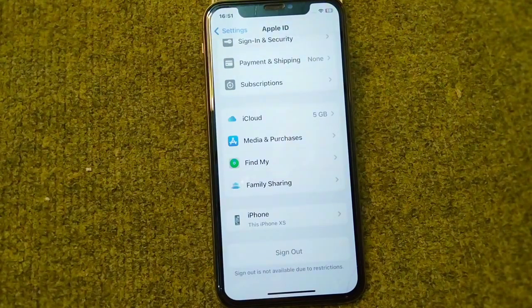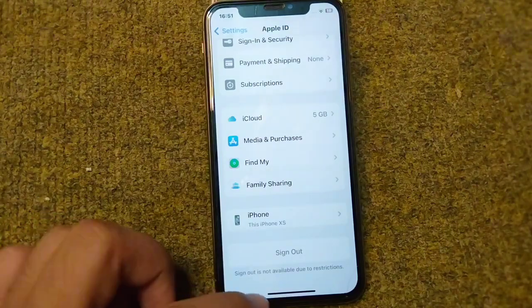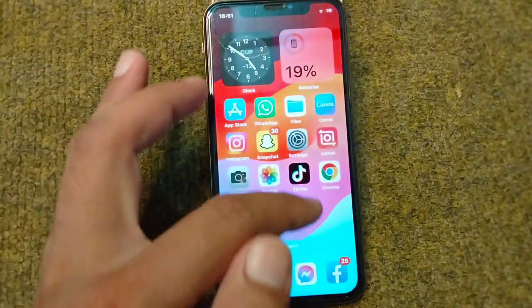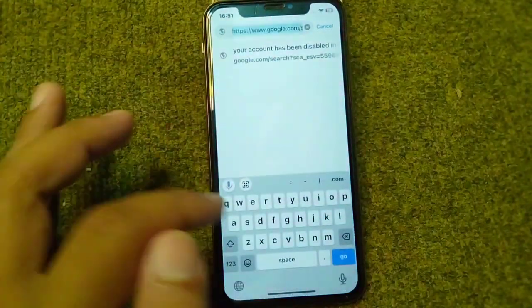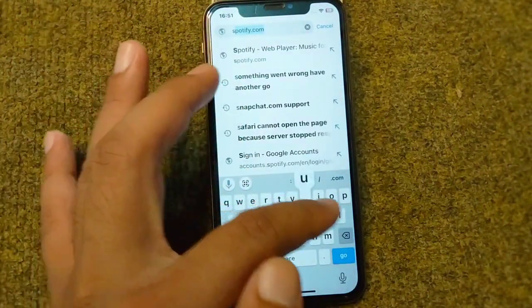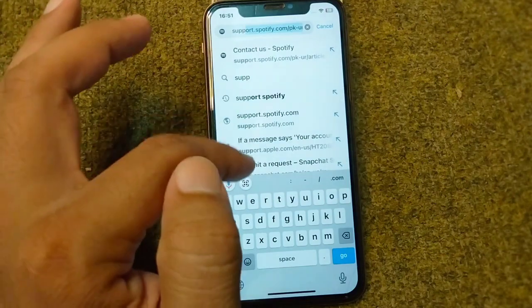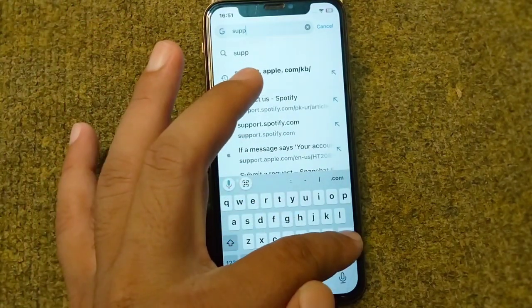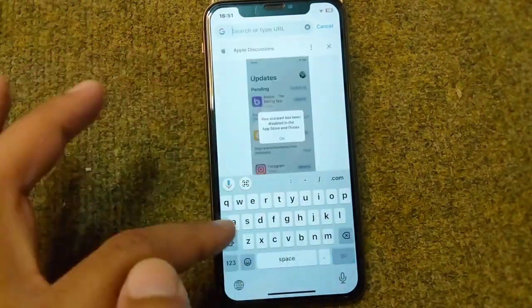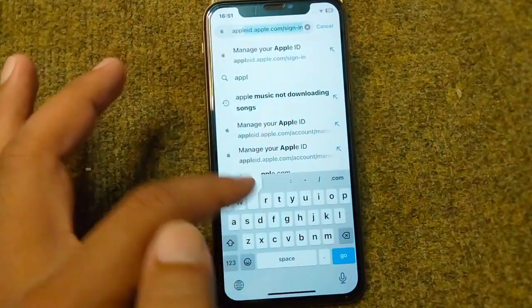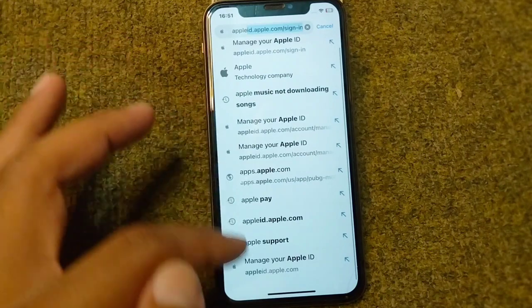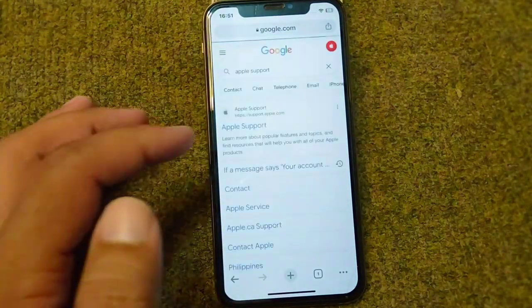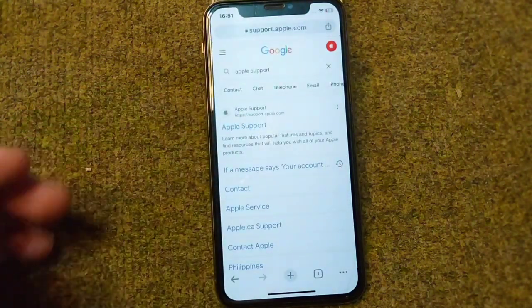So guys, if you're still facing this problem, then go for the other solution, that is you will have to open up any browser in your device. Like I am opening my Google Chrome and search here for support.apple.com. Here it is, Apple support, and from here tap on Apple support again